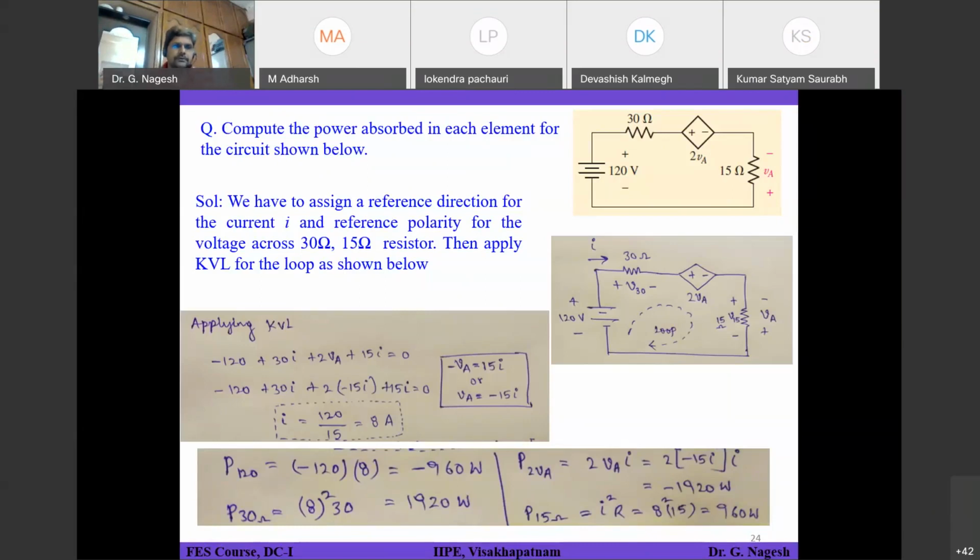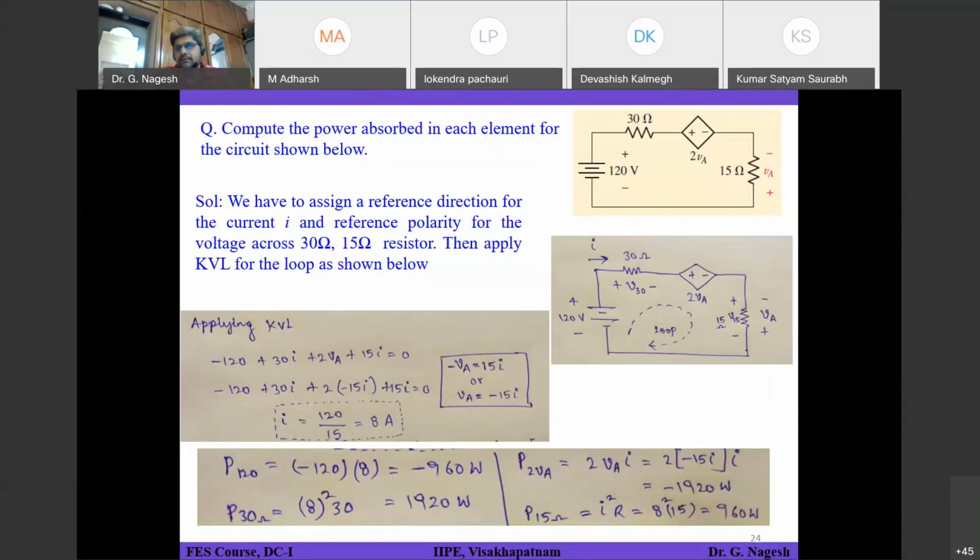So in the last class we have discussed Kirchhoff's voltage law and Kirchhoff's current law. KCL is basically the sum of incoming currents at one particular node equals the sum of outgoing currents. Or the net current flowing into the node is equal to 0. You have to consider the algebraic sign also. In the same way, the net current leaving one particular node is also equal to 0. We can say KCL can be stated in all three forms.